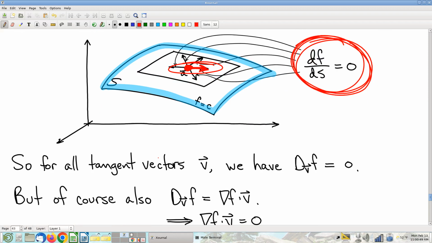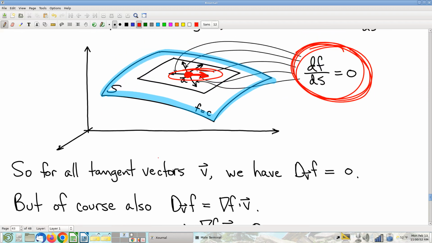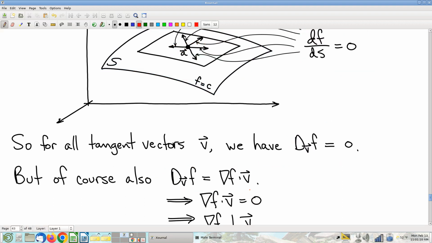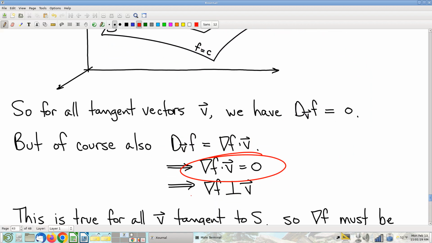But now let's remind ourselves, wait a second. If you're talking df/ds being 0, what that means is the directional derivative is 0, because that's how you compute df/ds. And directional derivatives are computed with dot products. So connect the dots, no pun intended, and what we end up with is that this dot product is 0 for every tangent vector. And that means that the gradient,